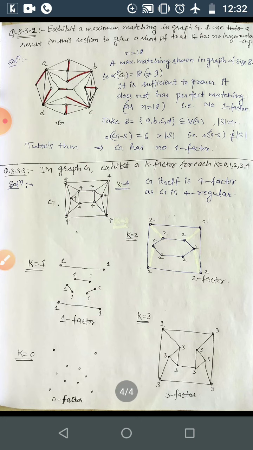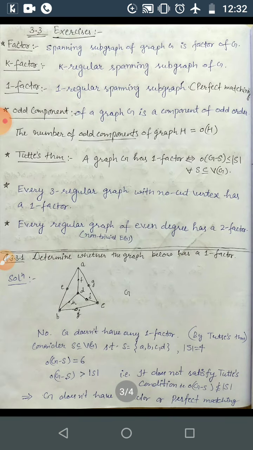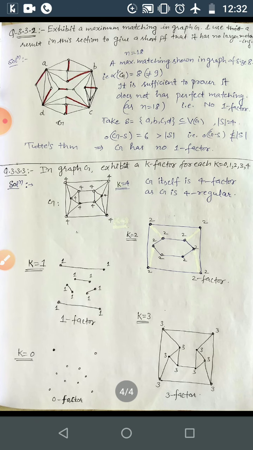No more lectures, no more questions about this third chapter. The third chapter completes here. In the next lecture I will start chapter number 5. Chapter number 4 is not there in your lesson plan, or you can say in your syllabus. So I will be starting with